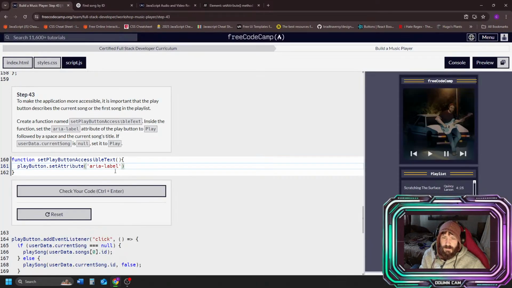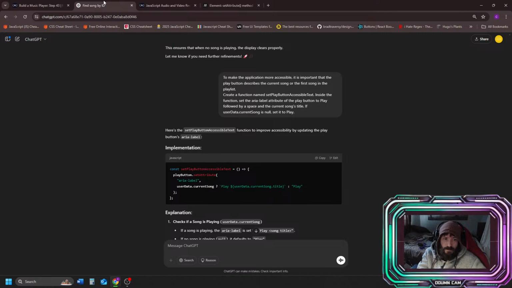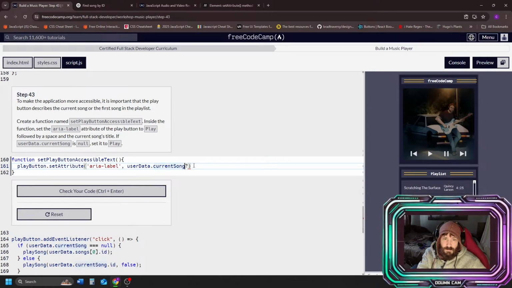Name and value. So ARIA label and the value should be this. And if this